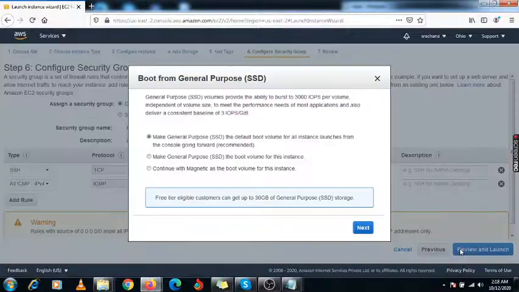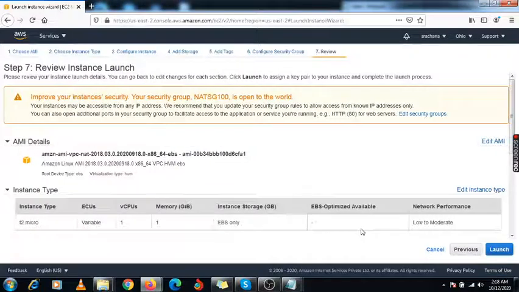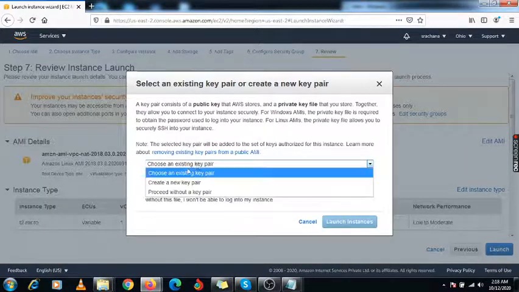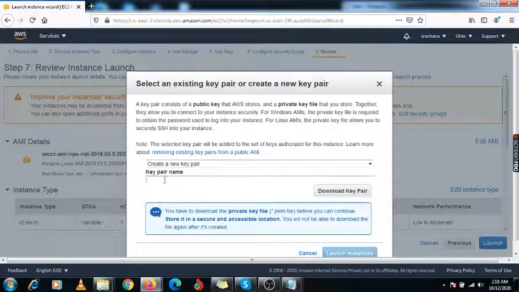Review and launch. Here it is asking under which SSD you can save this instance. Just click on next. By default option we are selecting. Launch it, and create one new key having the name NAT key 1, download key, and launch it.